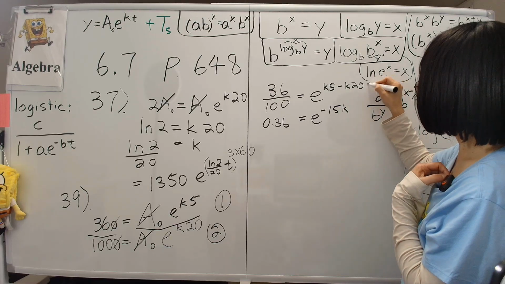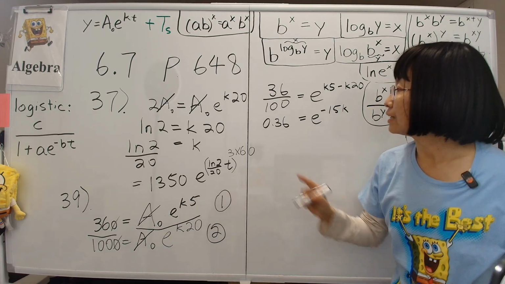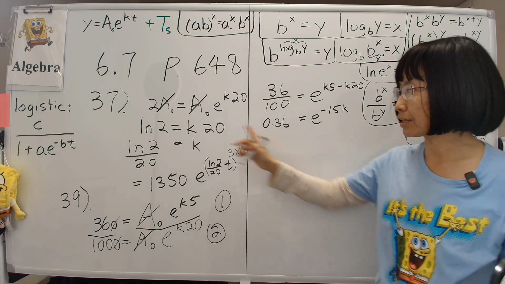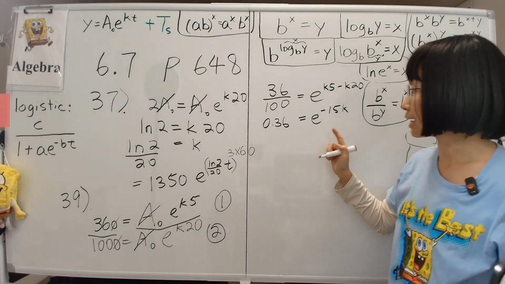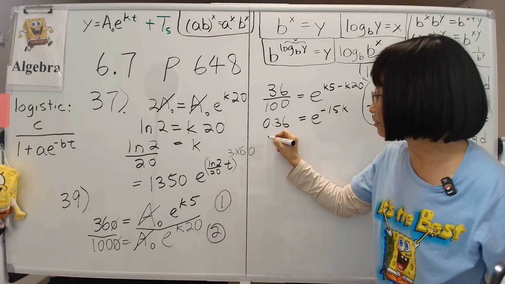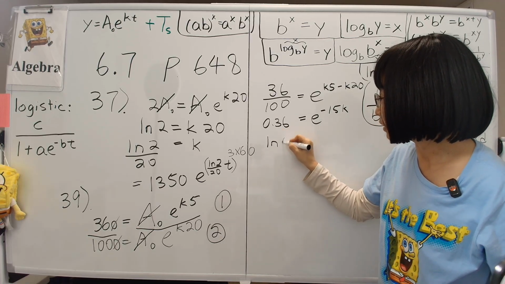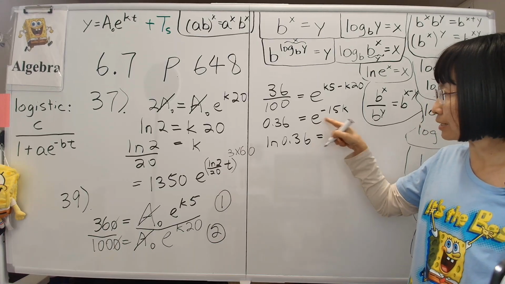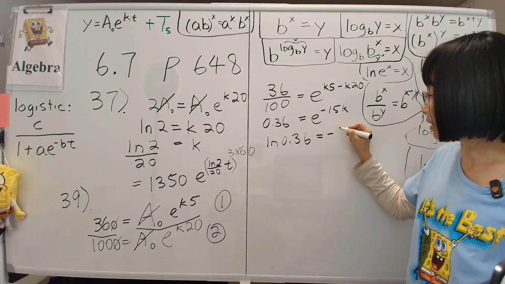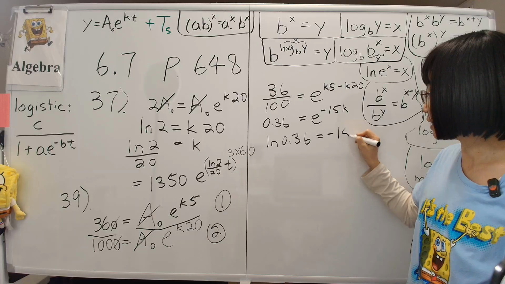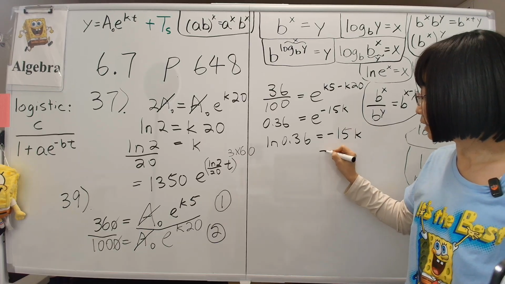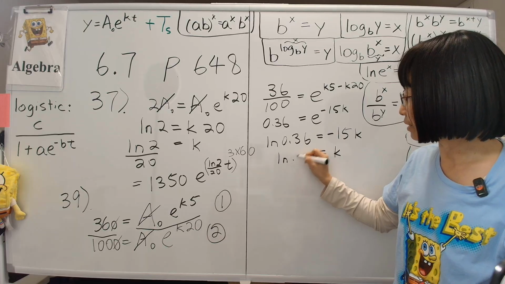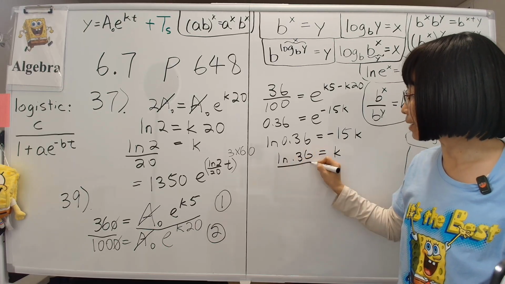All right, so now we'll do the same trick. We'll slap natural log on both sides, which will get rid of the e. So natural log of 0.36 is going to be equal to, natural log and e cancel each other, so we're left with minus 15k. That is, k is equal to ln 0.36 divided by negative 15,